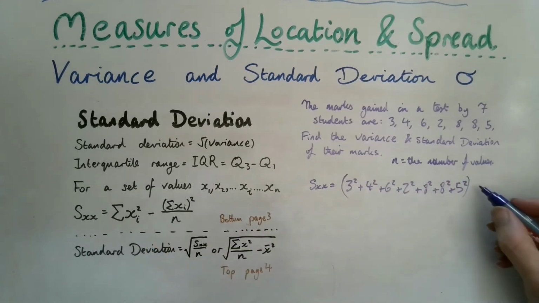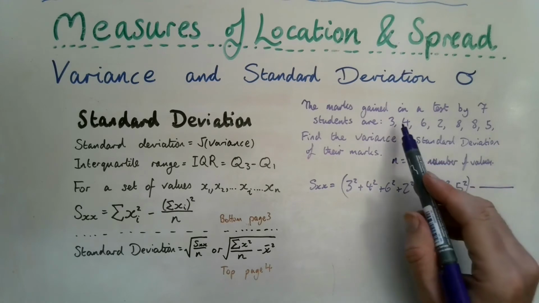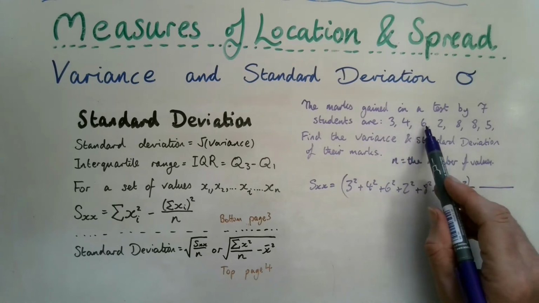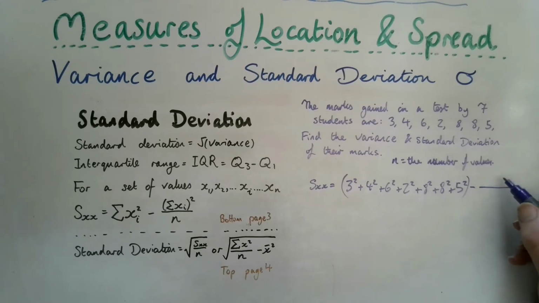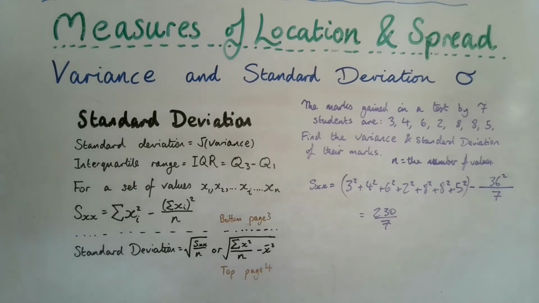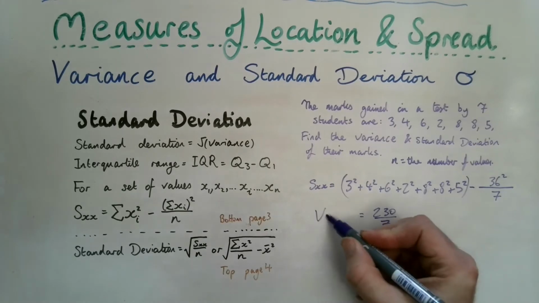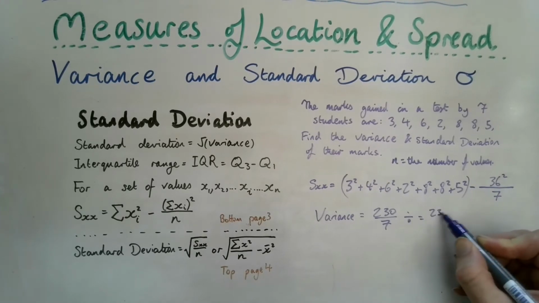And then we need to take away the sum of all of these added together. So 3 add 4 is 7, 13, 15, 20, 28, 36 squared divided by how many we've got, which is 7. And that should give you 230 divided by 7. But we want the variance, so if I write variance there, it is going to be that divided by 7, which would be